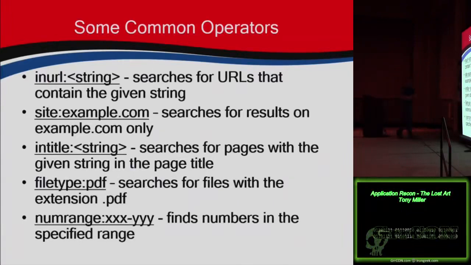And then num range. This is one that caused all sorts of headache for Google, and they keep changing how they handle it. For a while, because people were using num range to hack Facebook profile IDs and other things, and to discover credit card data on the internet, Google limited it to where you could only run num range against 4-digit numbers or less. Now it seems to be open again.